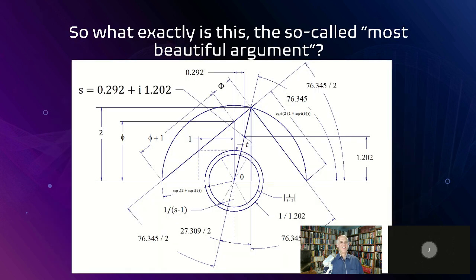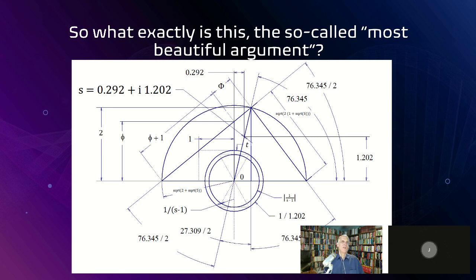Not only one argument. So what is the most beautiful argument? It is the one I went and found that brings everything onto the graph, even including Charlie's number, your Charlie's 27 angle. So everything comes out just from this beautiful argument. Let's kind of, you want to go through and point out all the different things. You got the conjugate of phi up there. Sure. Yeah. I mean, I can just go through the process I went through to figure this out.